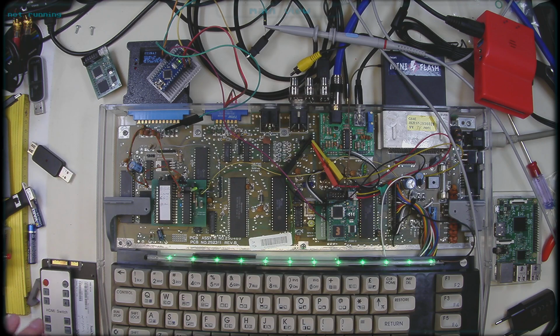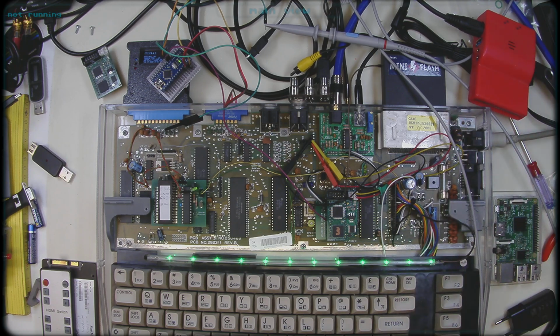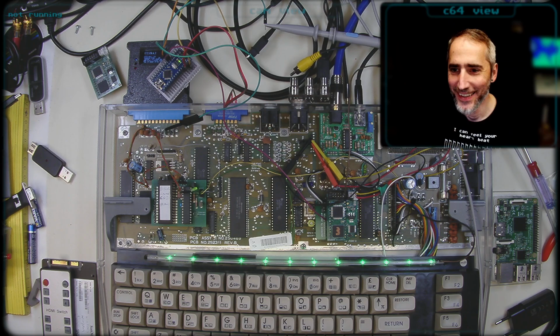So, as usual, let's start with a view of my desk, because this is going to look a little bit funny, because this is actually almost everything I have used for this project so far. And you may have seen in the WiC64 video that I started to use the Ultimate 2 Plus as my main source for getting programs for the WiC64 Wi-Fi modem. But while working on this topic, I came across this, oh, that's